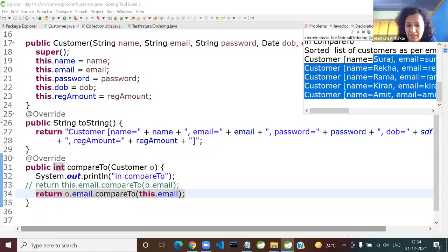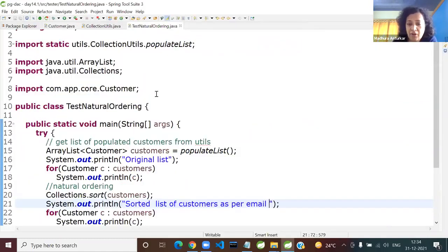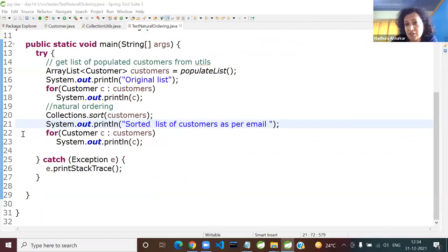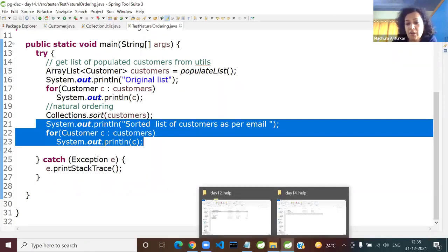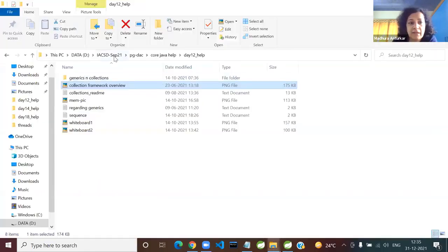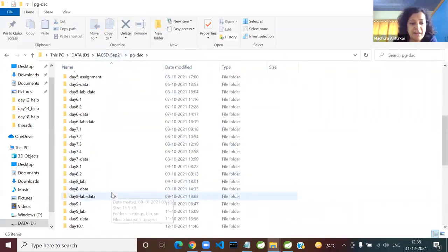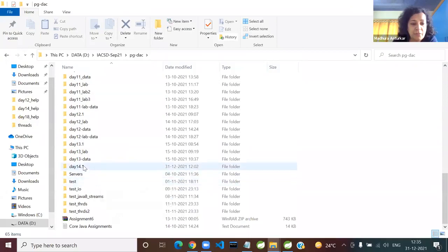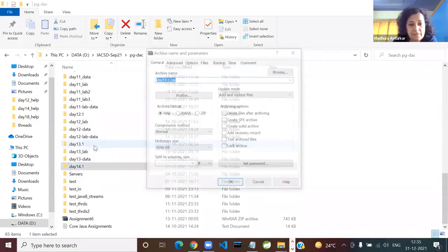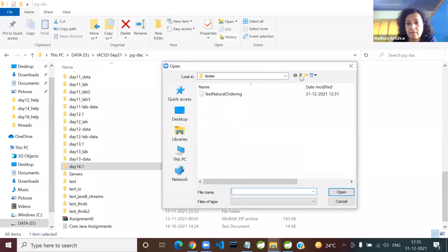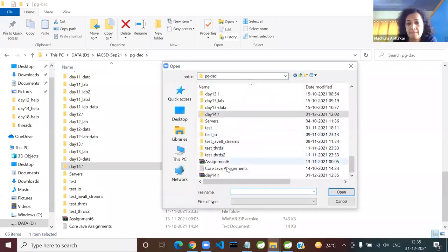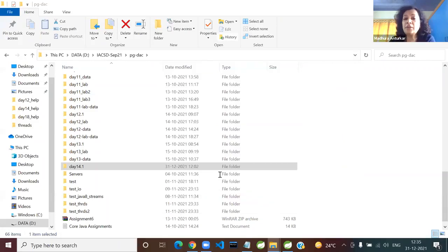Yes, what I'll do, Abhijit, is I did not do anything in the tester, to be honest. I did not change a word in that. Only the criteria internally were changed. What I'm doing here is I'll make a zip of this project so that if any one of you missed something, you can get it. I'm sending you the day 14.1 zip, whatever we have done so far. Okay, sent you day 14.1.